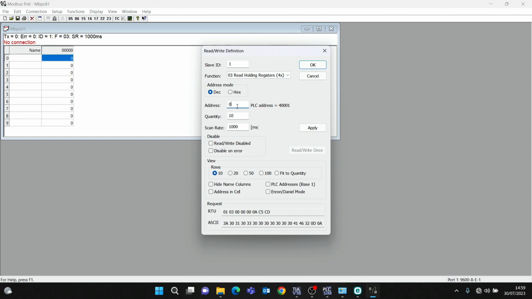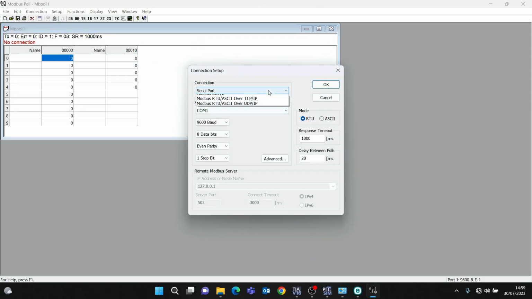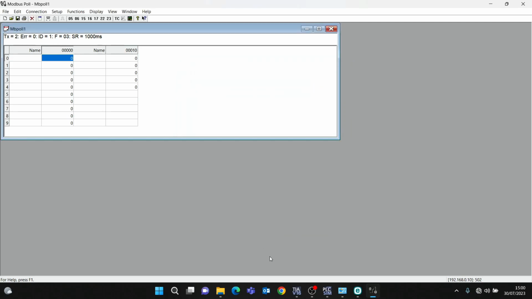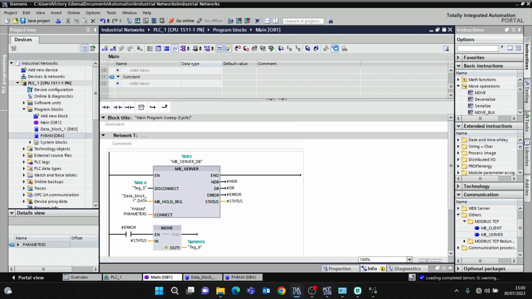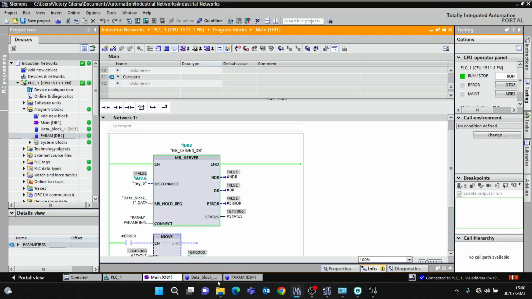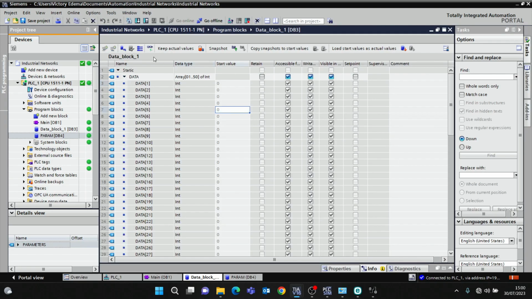I want to read holding registers 0 to 15, and the connection is TCP. The IP address of the server is 192.168.0.10, and the server port is 502. Okay, now it's connected. What I want to do is put values in my data block and also read them from the